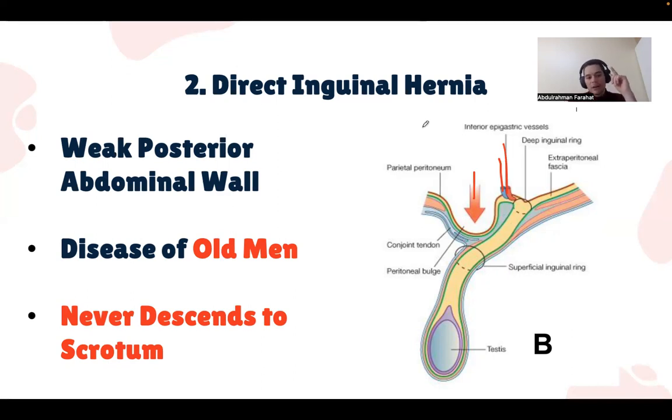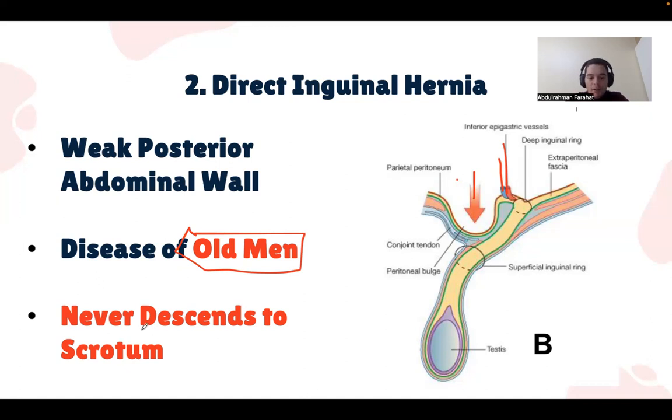And the direct inguinal hernia usually happens to old men. It's a disease of old men. So essentially, inguinal hernia, you'd have to associate it with men. Usually men get the inguinal hernias. And for direct inguinal hernia, it happens for old men because they usually have a weak posterior abdominal wall. So the posterior abdominal wall is weak, and so any protrusion would happen, and it would push through the superficial